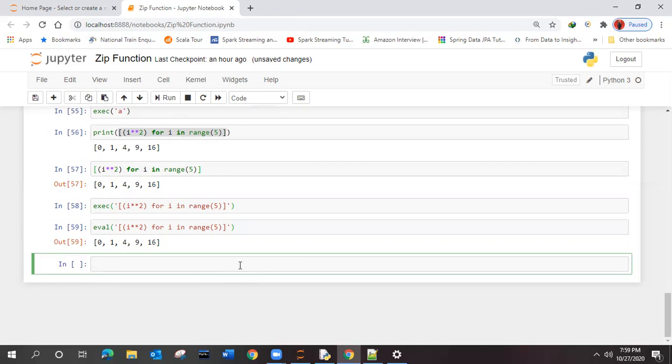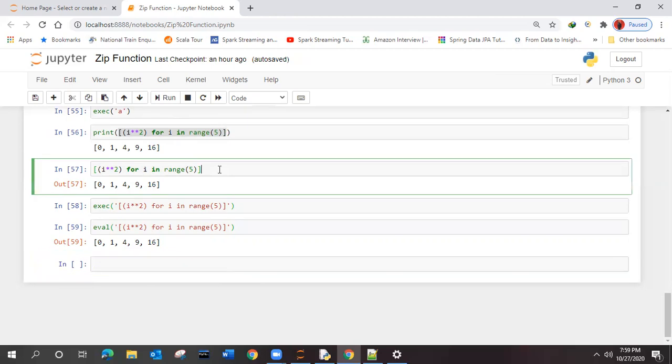Even if you do not make use of these two functions, the direct statement is giving you the value, right?